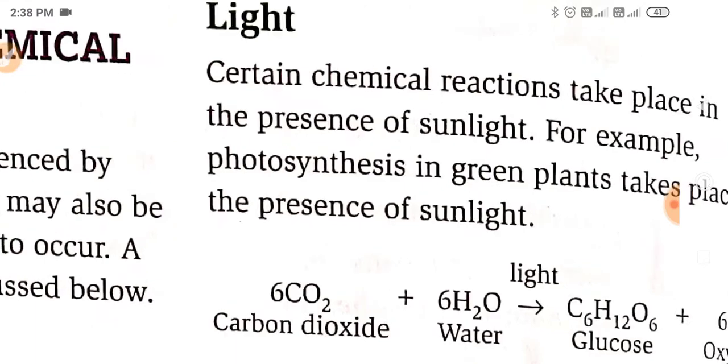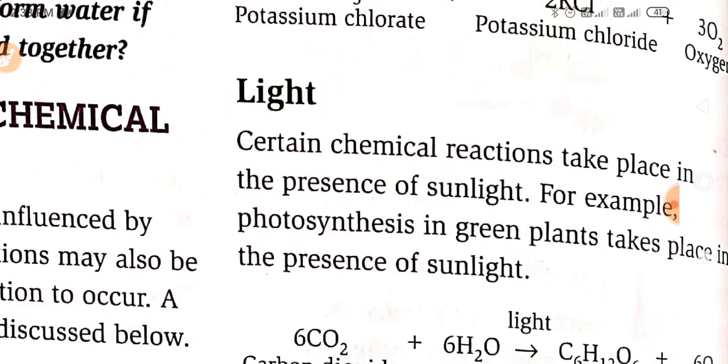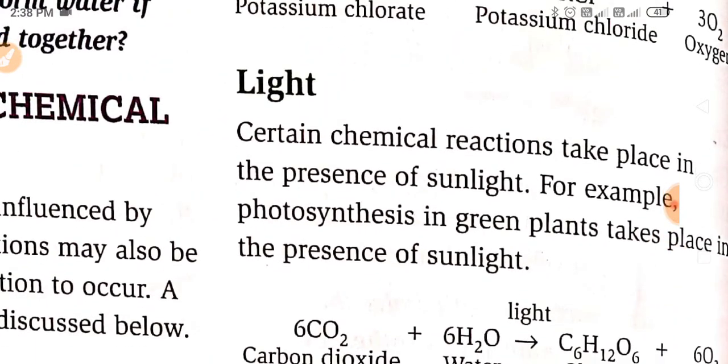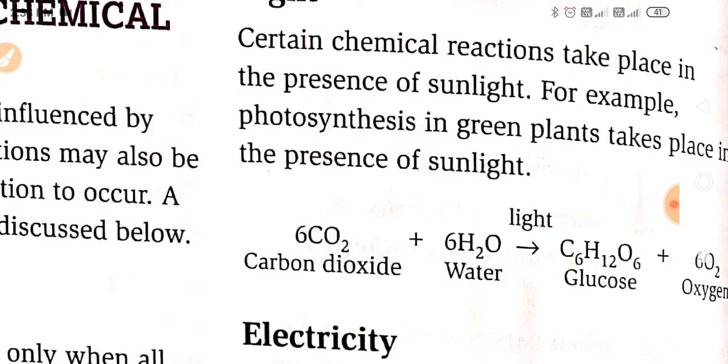Next factor or condition is light. Certain chemical reactions take place in the presence of sunlight only. Okay, for example, photosynthesis in green plants takes place in the presence of sunlight. This is a very good example that light is also a condition for any chemical reaction to happen. Okay,